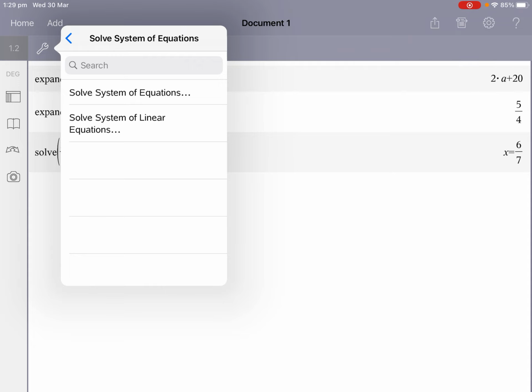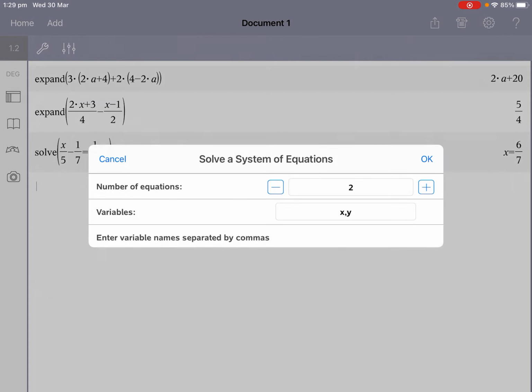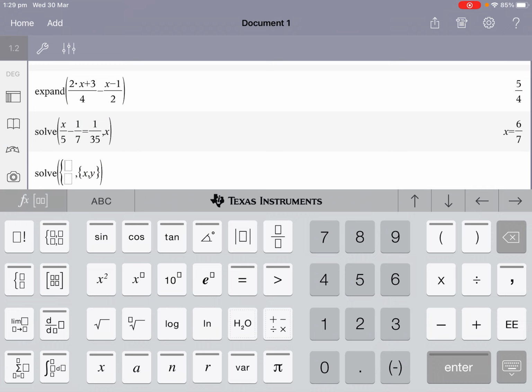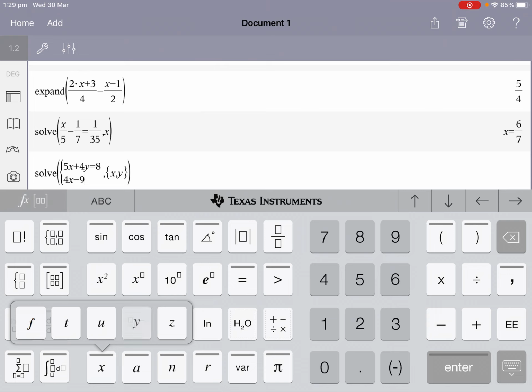And remember, I told you can always use that first option, solve system of equations. We have two equations and the variables are x and y, so I just hit OK. And then I need to put my first equation in the first spot. 5x plus 4y, how I get my letters is a little bit different to what you do, but you'll work it out, equals 8. Arrow down into your second equation box, 4x minus 9y